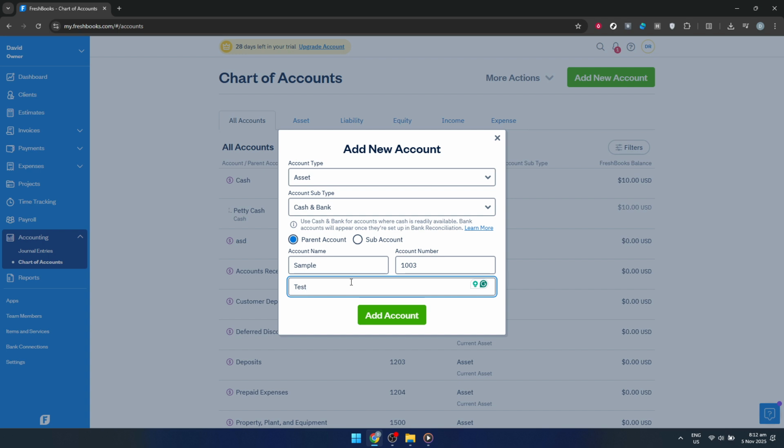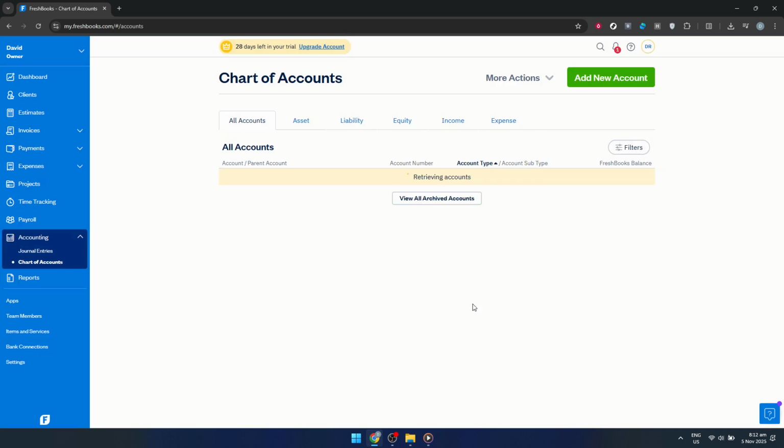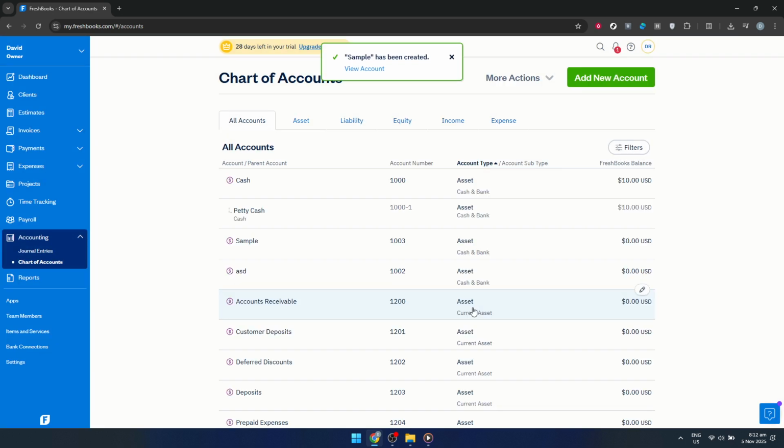Lastly, double-check that all your details are correct and hit Save. This will officially create your new account, and your asset will now be reflected in the chart of accounts. Each time you access Freshbooks, you'll find this asset right where it should be, ready to aid in your meticulous